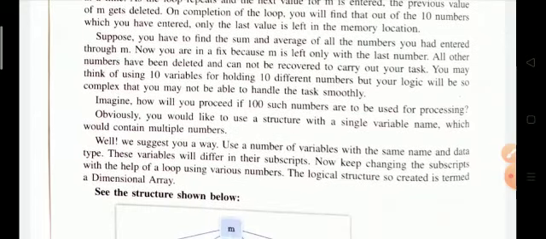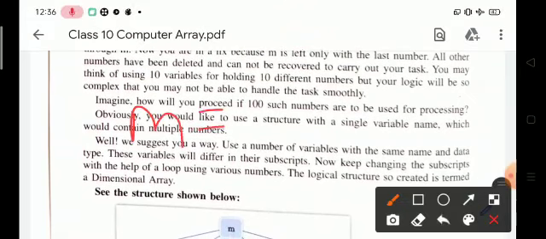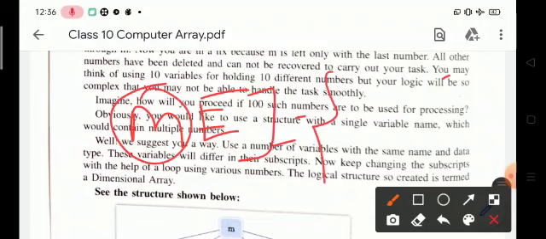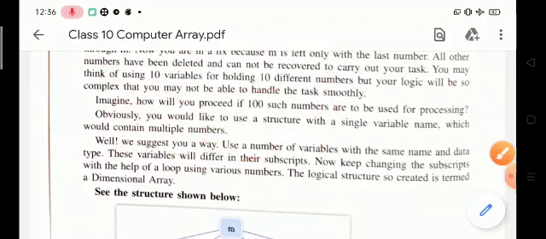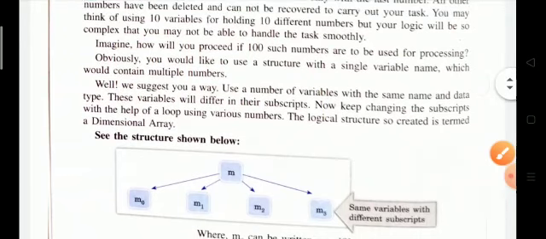So that's why we use the concept of an array, because arrays are used to store multiple values in a single variable. Suppose this is the single variable m. This variable stores multiple values. So I hope you understand why we use arrays in Java.